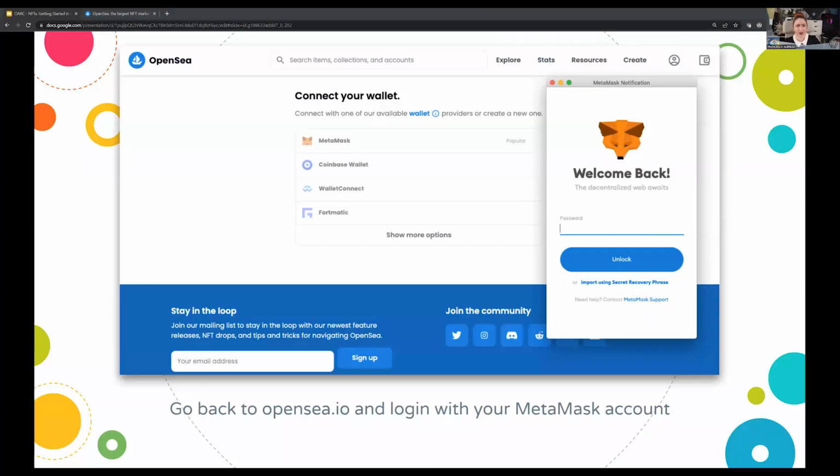So you're going to refresh your OpenSea page and click on MetaMask now under Create and enter your password. This isn't your secret phrase. This is the normal password that you created at the beginning of the setup of your MetaMask account. If you're already signed into MetaMask, it may pop up with your account information already there. But for those of you following along, head back to OpenSea and go to Create and use that password if you need to. Give everybody a minute to do that.